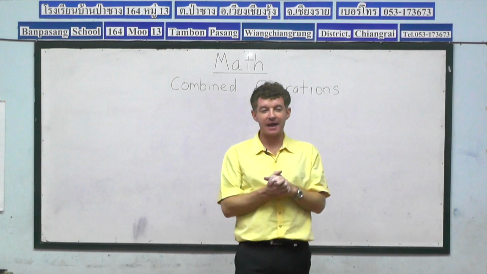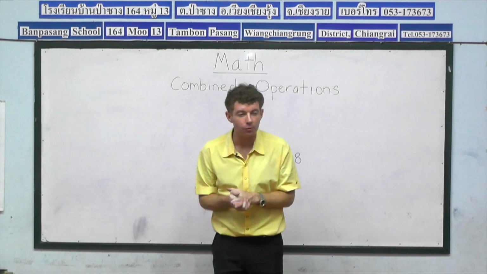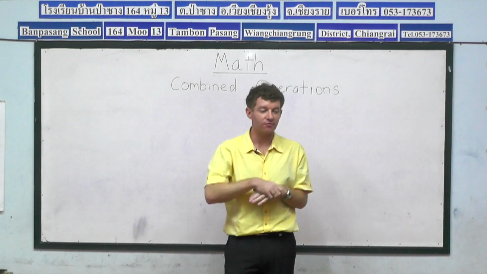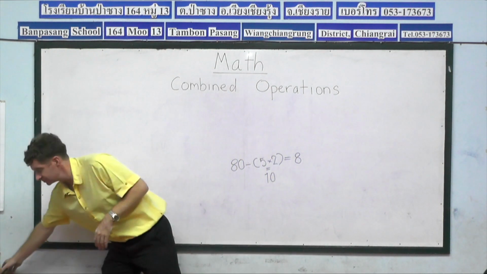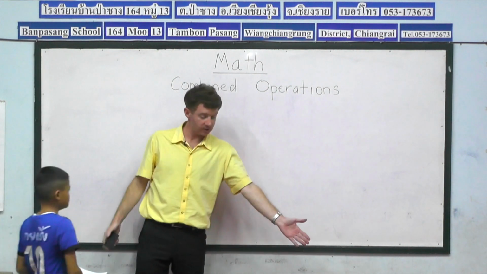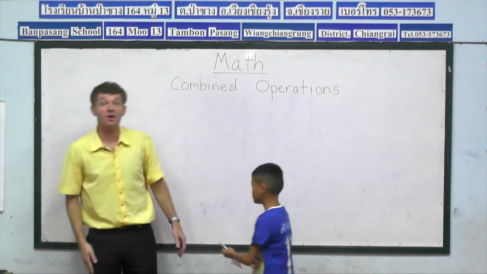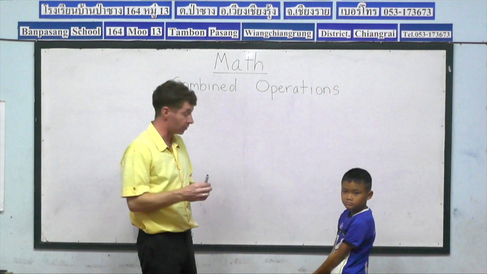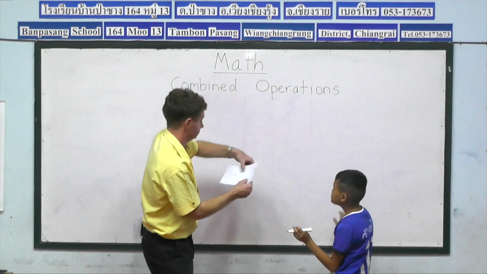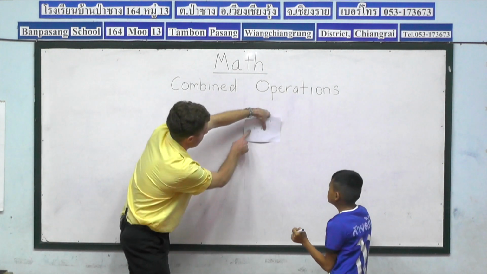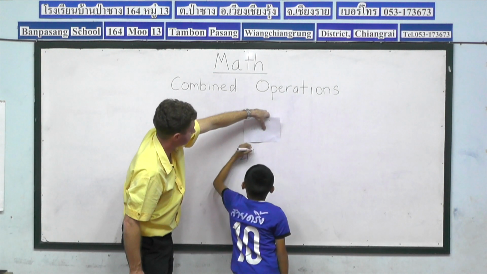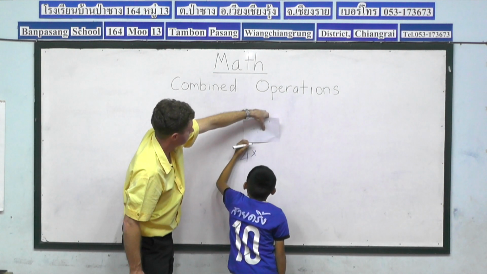And I think we have time for one more. So let's see, who can we choose now? Chew, come and join me at the front of class. I'll rub off the previous one, and Chew, you can stand here for me. So Chew has brought his own combined operation. So what we'll ask Chew to do, can you write it on the board? So we start with 4 times, open brackets,